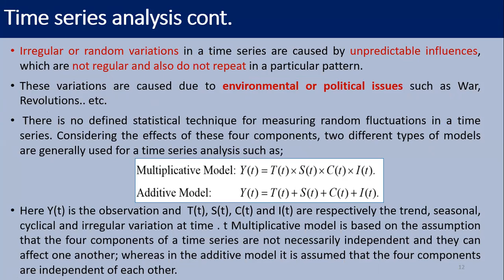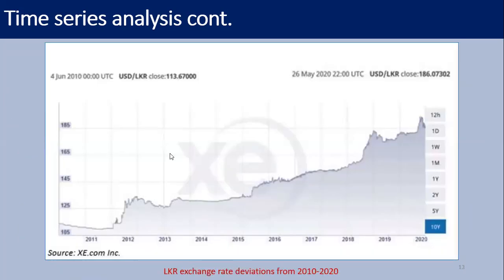Most probably irregular or random variations are there due to several deviations, maybe environmental deviations, or some political deviations. Sometimes in your food processing industry, the product manager may have changed, and then they implemented different processing steps. As a result, finally you can get different time series analysis diagrams. So you can analyze the data and you can analyze the situation.